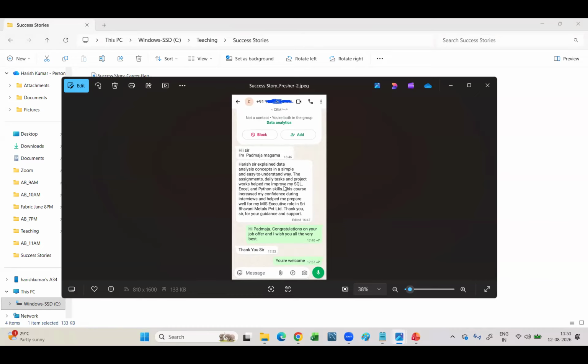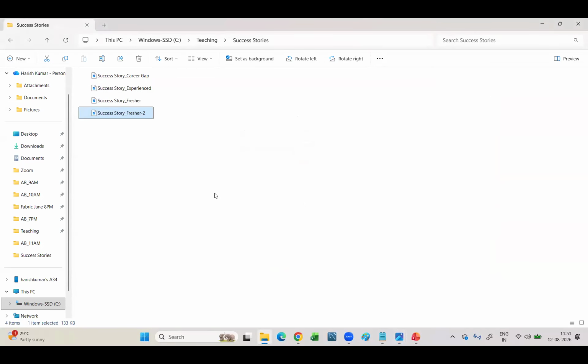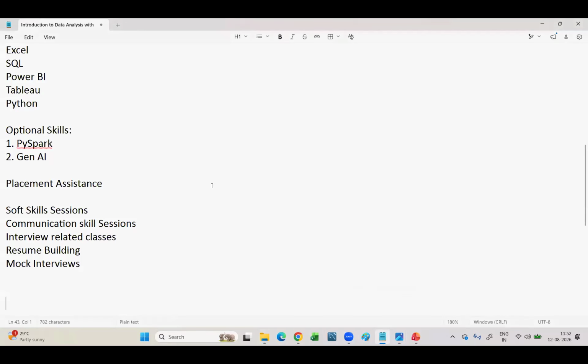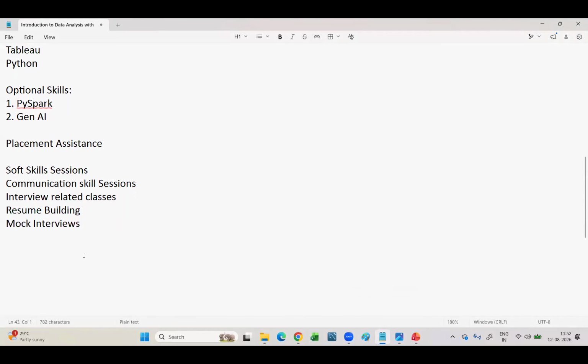She is a fresher actually. So this way we do have the success stories. I have only shown a few, but I can't show tens or twenties of students in this place. Some students, even after getting the placement, might not share their responses or feedback. There might be a lot of other students like that. So that's the reason I would like to show you the proof here.